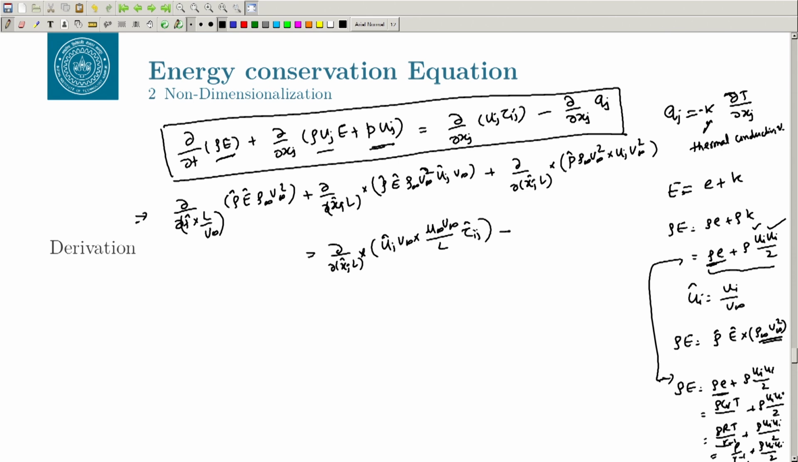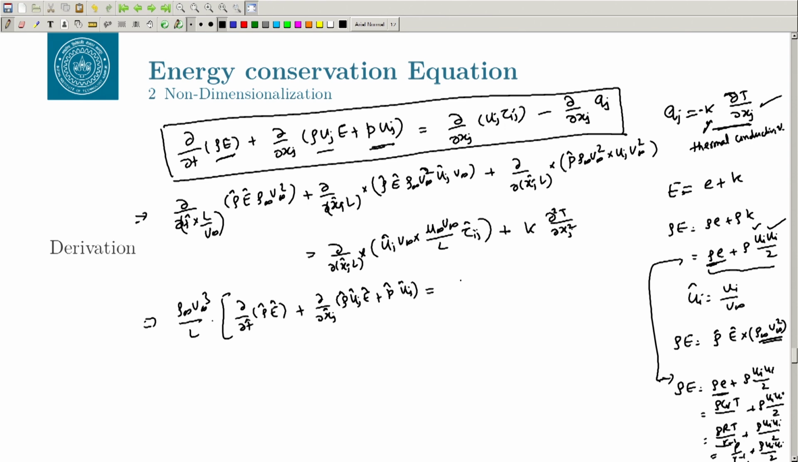This is minus k. Okay. So, I will write it in terms of temperature, and I will express it using Fourier's law. So, this will become k del square T. So, this will have similar terms. Right now it has become rho infinity u infinity cubed by L, and all these left-hand side terms will be present there. Okay, del by del t hat rho hat E hat, plus del by del x_j hat of rho hat u_j hat E hat plus P hat u_j hat, is equal to